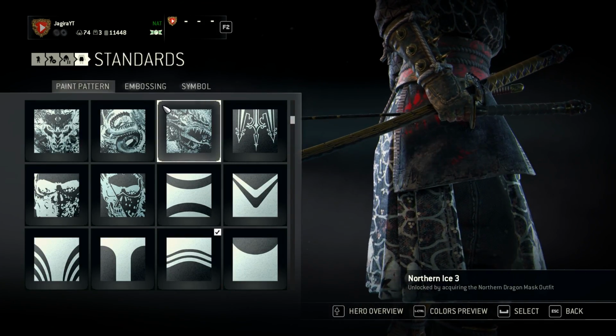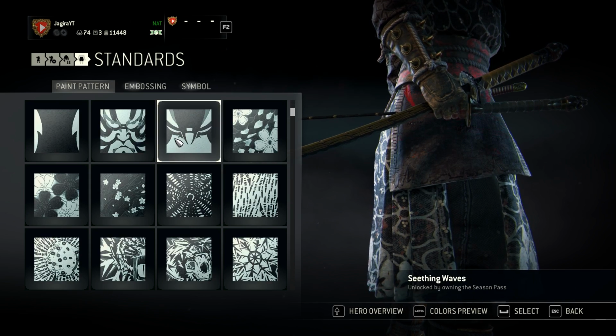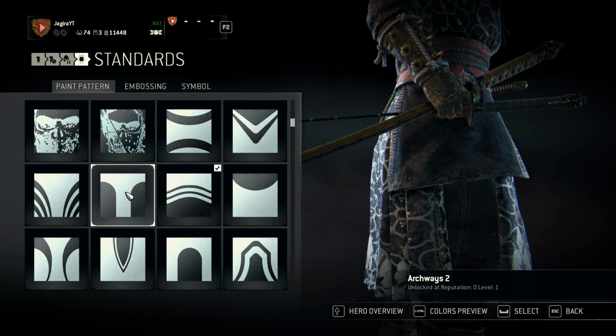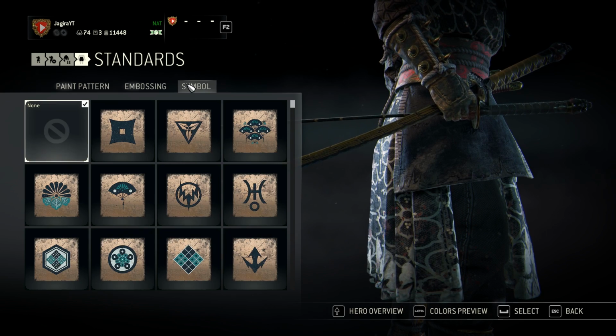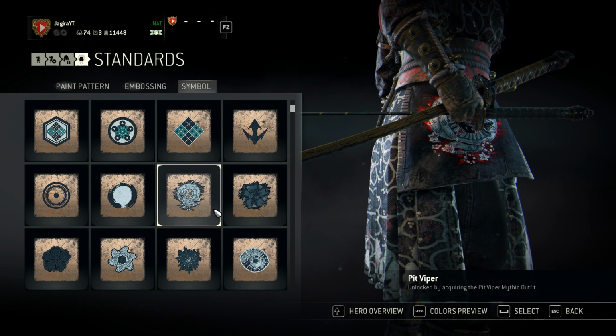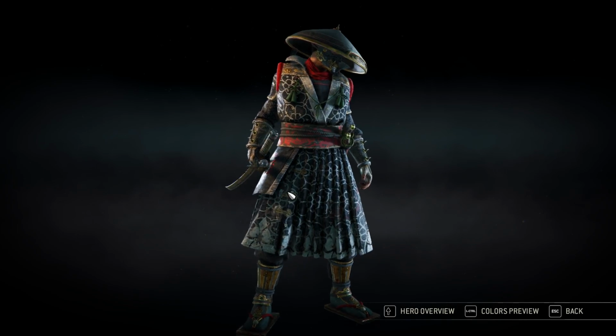Your trousers, once again. What's the paint pattern? Scorched Teal, you could also go Arcways. I'm probably going to go for Arcways. Symbol, once again, you can put whatever you want here. I may actually stick the Pit Viper on. There you go, I'll stick the Pit